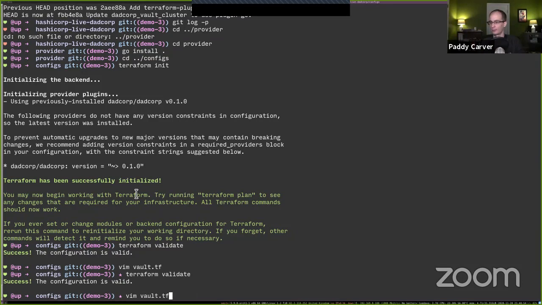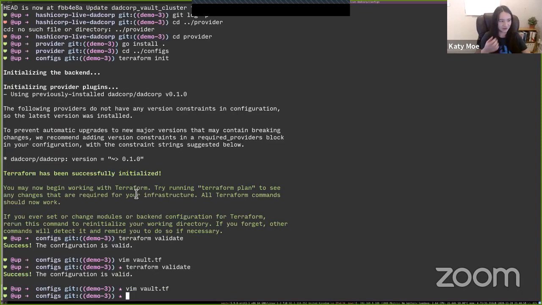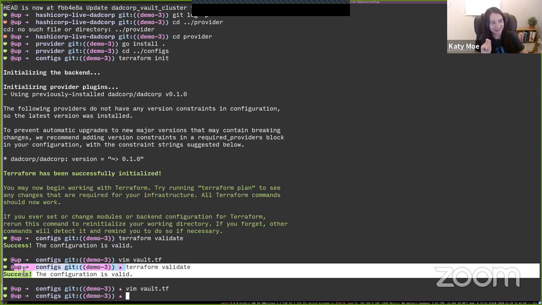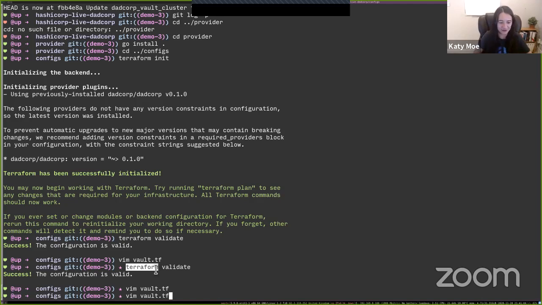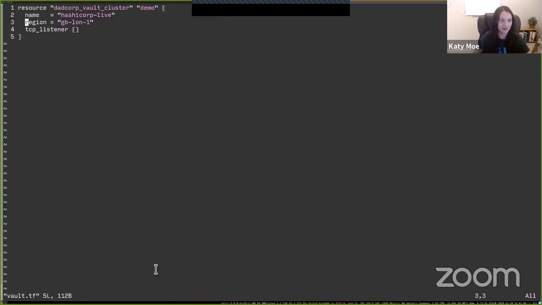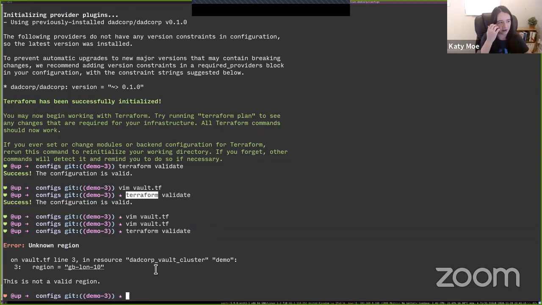Yeah. Oh yeah, sorry. So the actual important thing here was that we have validated this region, and it is valid. It was not valid before because we were not able to make that request. So just to complete the demo, is that an invalid region, just to show that it doesn't validate as true every time. So that's the first resource. And yeah, let's go on to the second one.